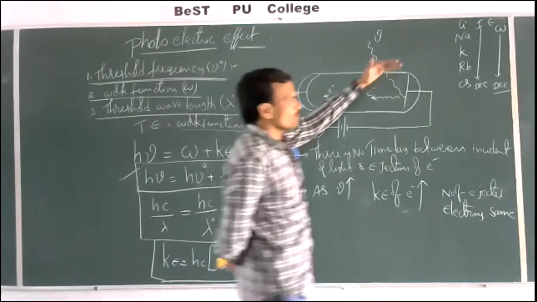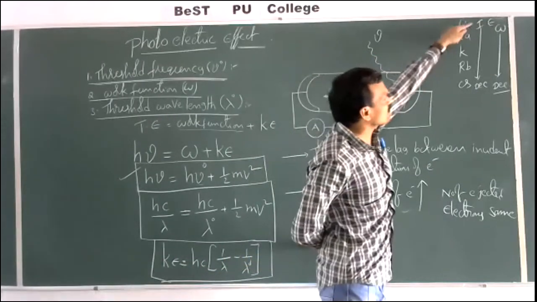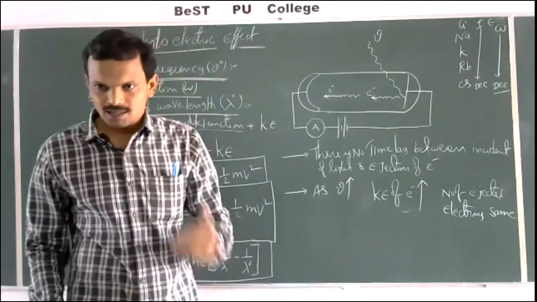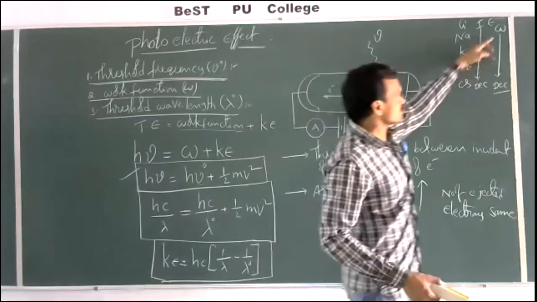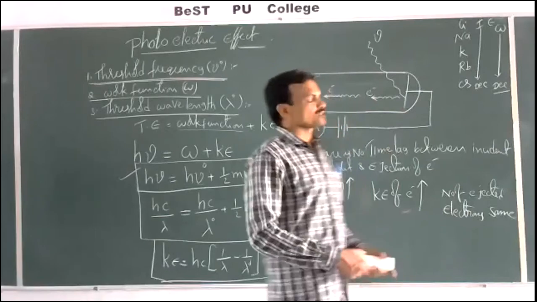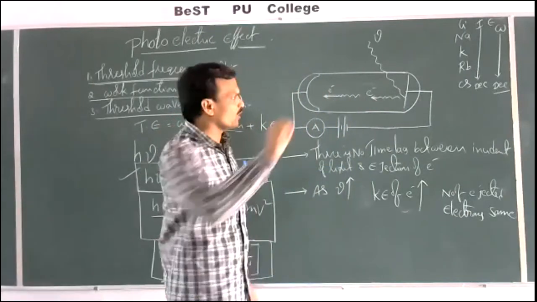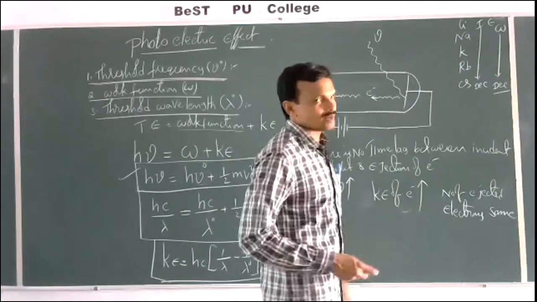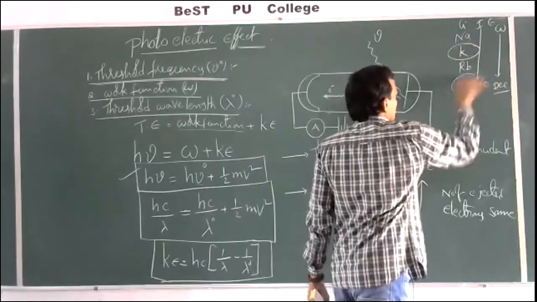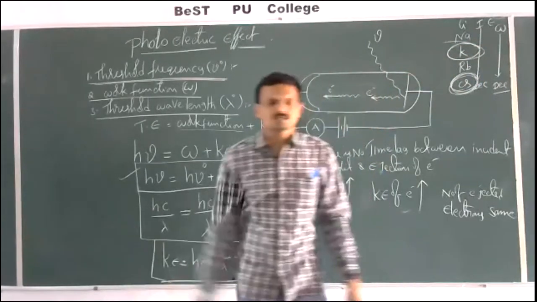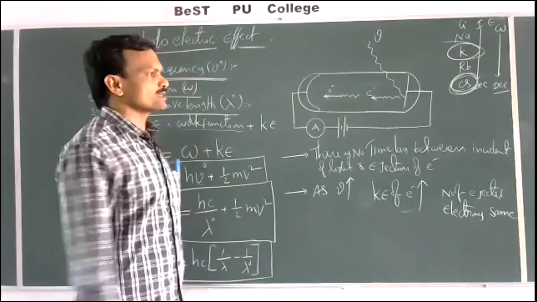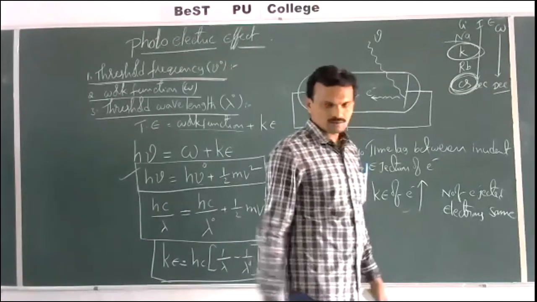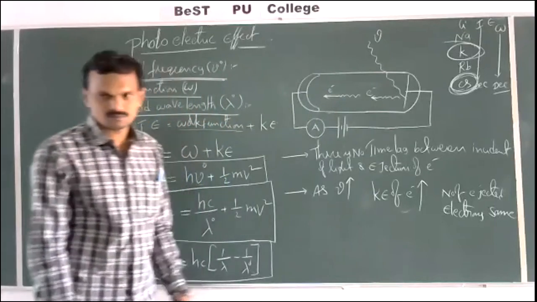So from top to bottom in a group, ionization enthalpy decreases. That means energy required for the ejection of electrons decreases. That is, work function decreases. Among all known elements in the periodic table, alkali metals have low work function because they have low ionization enthalpies. Among known elements, the most commonly used best photoelectric substances are potassium and cesium. Potassium, rubidium, cesium, these are best photoelectric substances because of their low ionization enthalpy, meaning low work function. Okay, right.